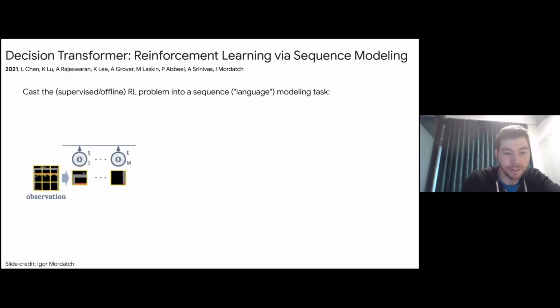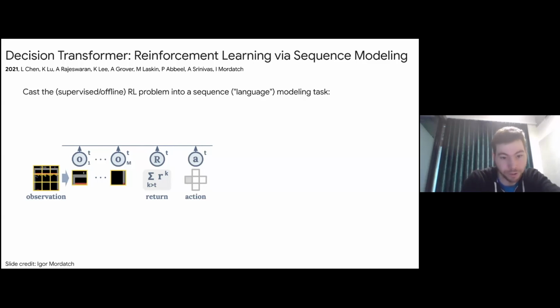So what is a trace? It's observation, which can be pixels. So we do the vision transformer thing. We cut it into patches. Each patch becomes a token. Then, this is a key point, they add the return. The return is the sum of all rewards that will come in the future of this trace. So this is a proxy of basically how good is the player of this trace, right? High means it will still get a lot of reward in the future. We know the future because these are all traces we collected.